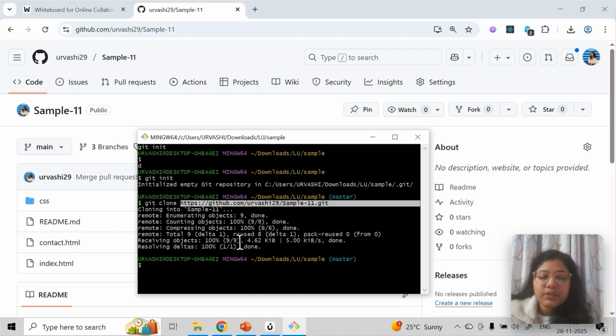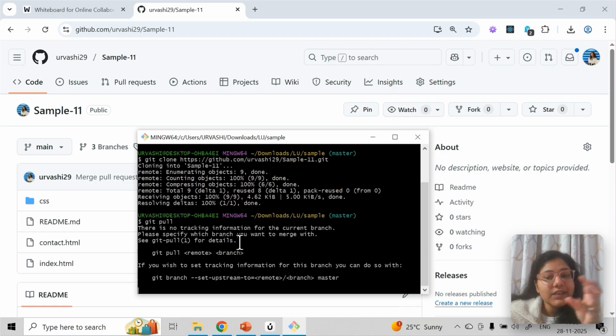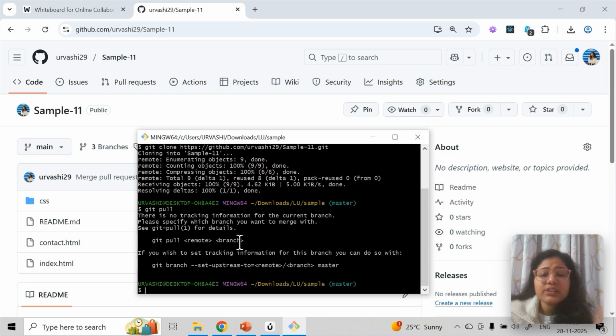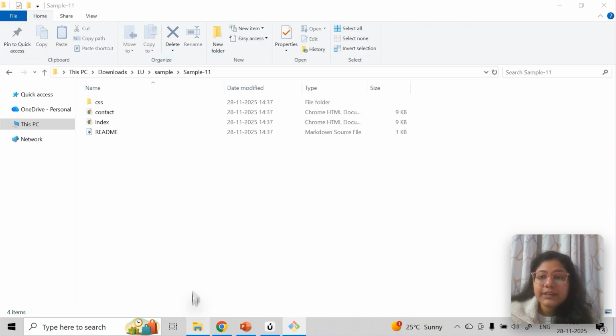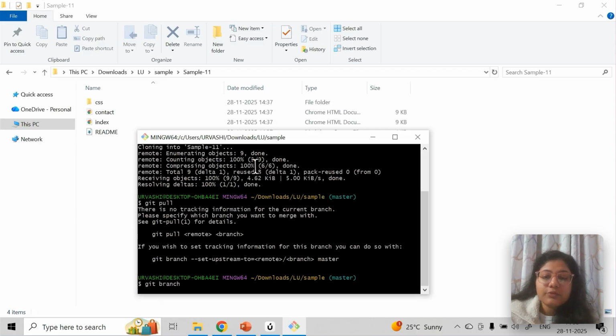So what you will do every day is just git pull. Today, let's say I trained my students, and I push some code to this repo. Every day my student will do git pull. Tomorrow someone will push the code to it, and I will just do git pull. Just clone it once, and you can just do git pull, git pull, git pull, and you will get the latest code every time. Right now there is nothing to pull, because nothing has been changed. But you will get the latest code. And you can just do git branch to check the branches in your repositories.